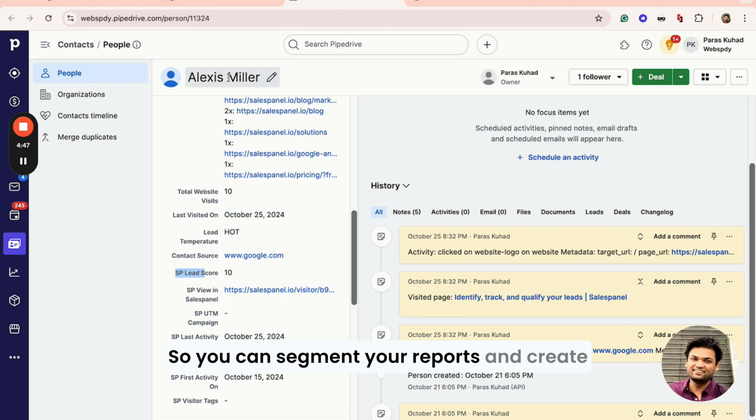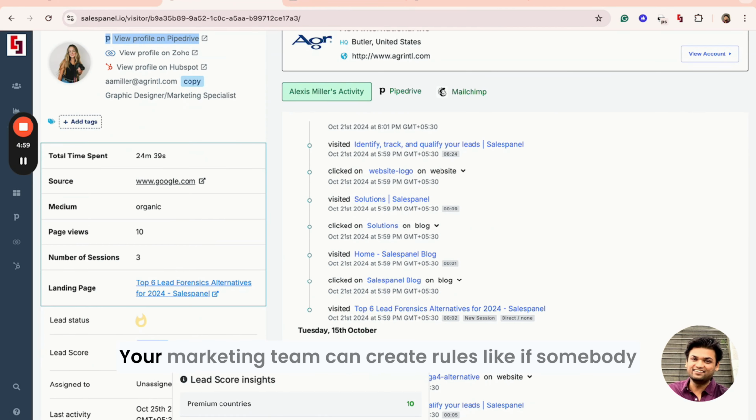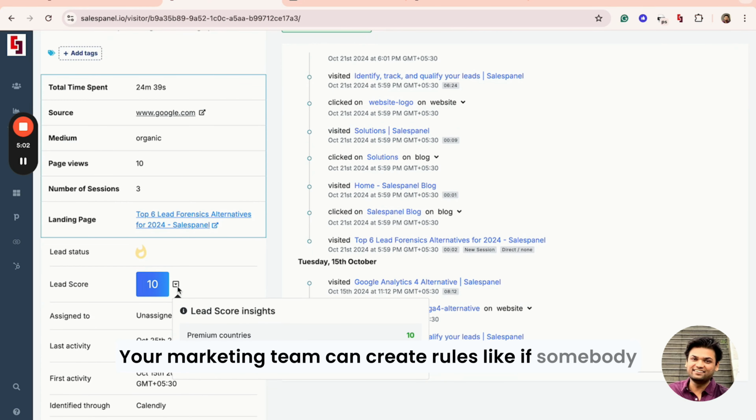Plus, you can use this data because this is all being sent in the custom field, so you can segment your reports and create nice views by scoring your leads by the SP lead score, which is again customizable. Your marketing team can create rules, like if somebody goes to the pricing page, downloads the brochure, plays a video, so you can create all